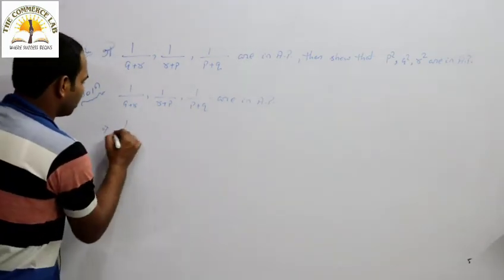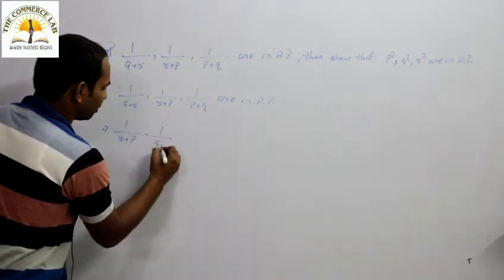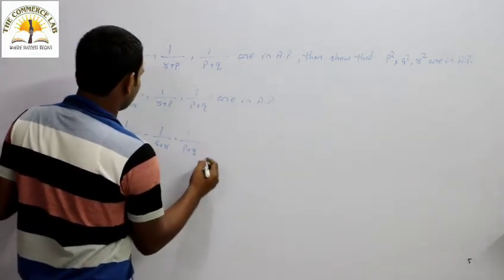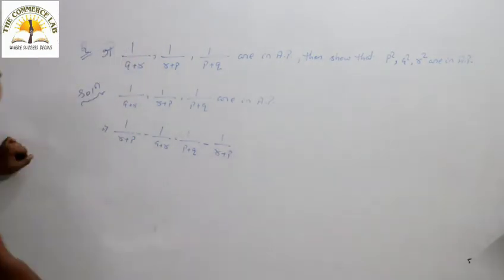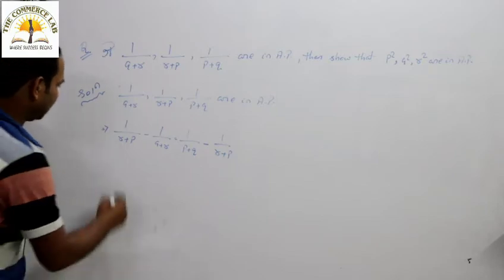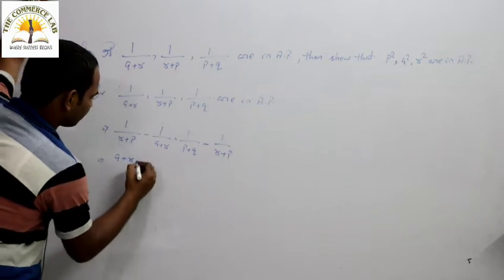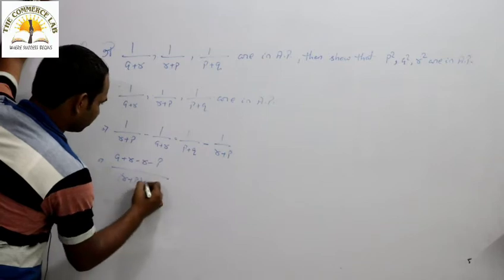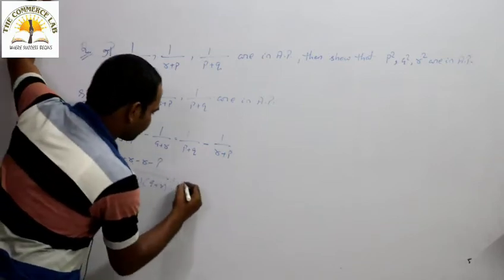This implies 1 by r plus p minus 1 by q plus r is equal to 1 by p plus q minus 1 by r plus p. This implies, taking the LCMs, q plus r minus p by